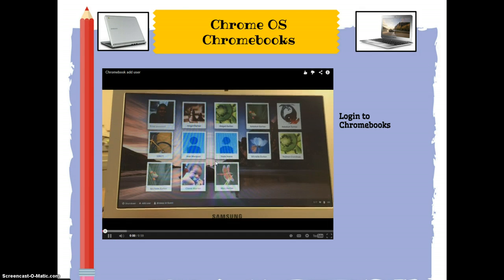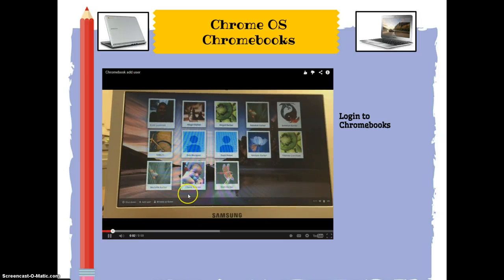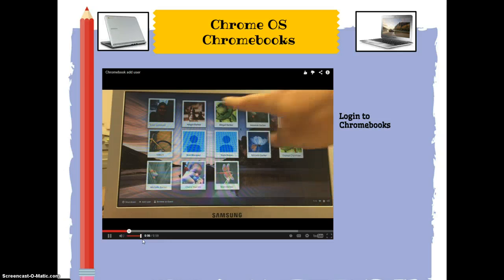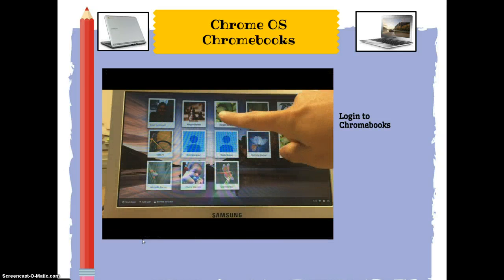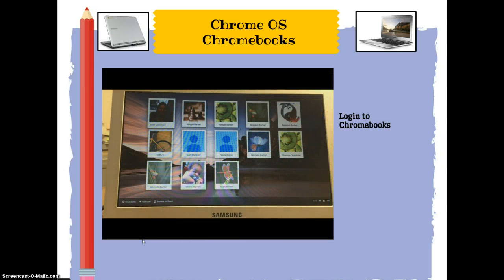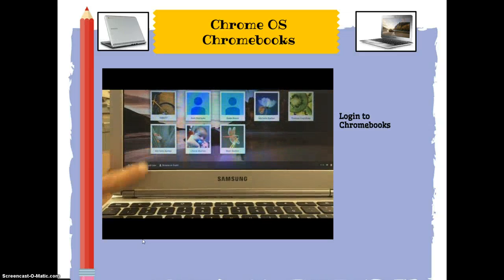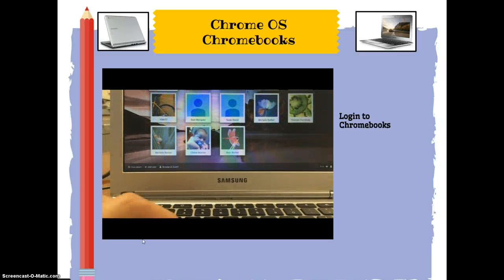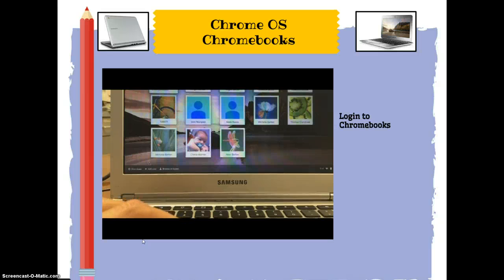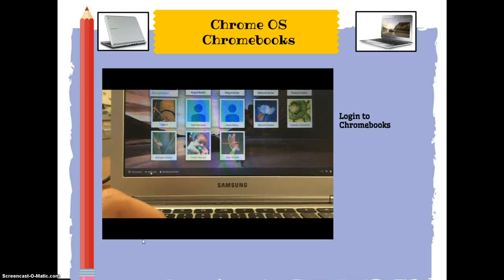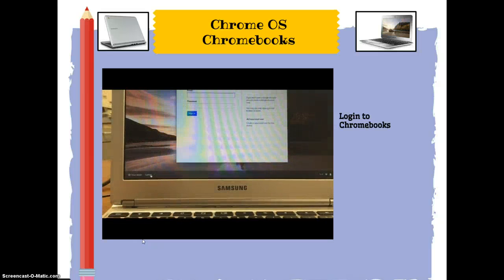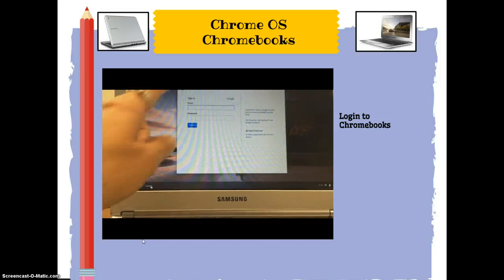When you're logging into a Chromebook for the first time, you might see a lot of other profiles on the Chromebook. But if you come down to the bottom and click on Add User, you can add your own profile to the Chromebook. If your Chromebook is programmed to not store profiles, you can still go down there and add user or log